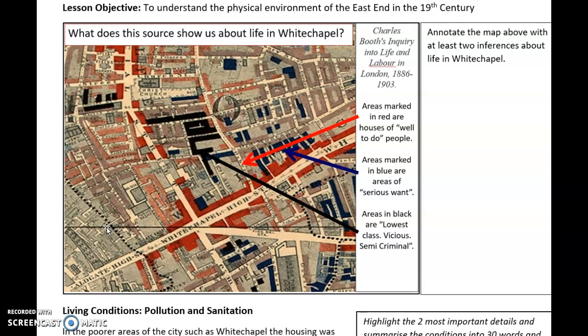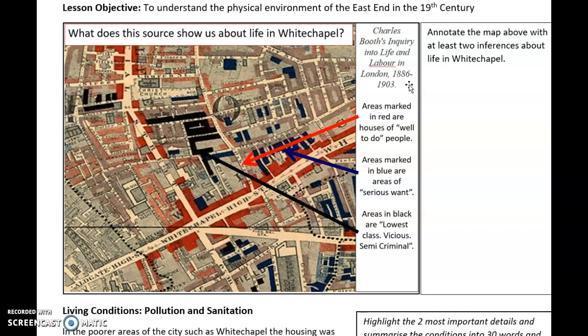So our first activity of today looks at this map of Whitechapel. It's from Charles Booth, who we encountered last time, and is an inquiry into life and labour in London between 1886 and 1903. That's basically a fancy way of saying that the map identifies areas of poorer housing and